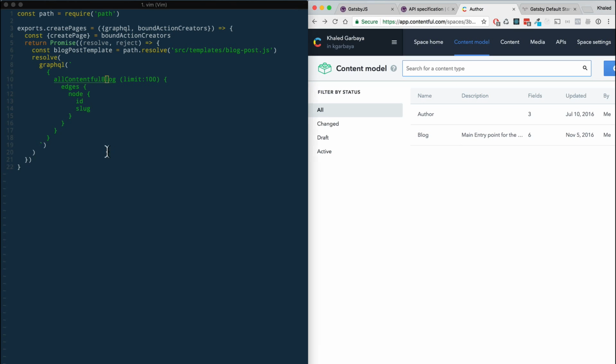So here basically we are asking Gatsby to give us all the entries that are based on this content type, which is blog. So think of it as all Contentful, and then here is your content type ID basically. Okay, so here we change this back to blog. In here, this graph function returns a promise, so we need to resolve that, and then it will give us a result,